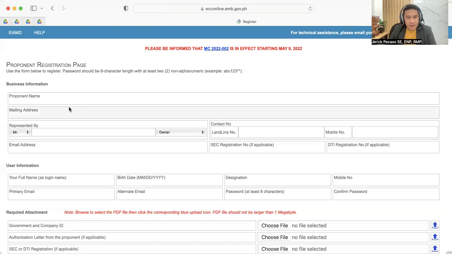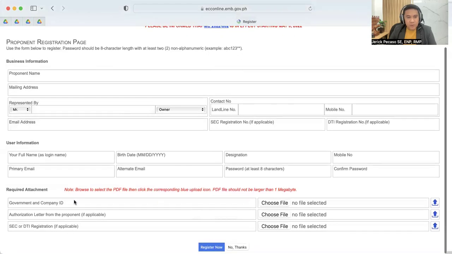You need to provide the information and upload the required attachments, like your competent evidence of identity, the government and company ID, an authorization letter from the project proponent if the application will be processed by a third party or consultant, and of course the proof of company ownership or registration, whether SEC registration certificate or DTI registration certificate.